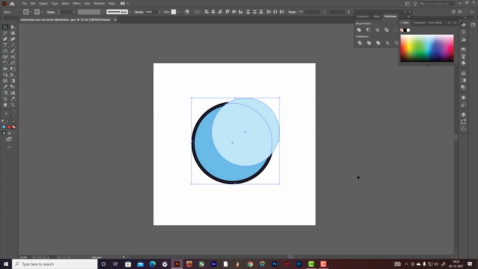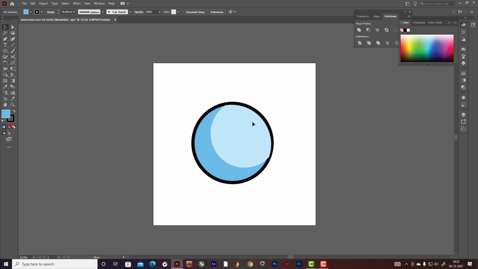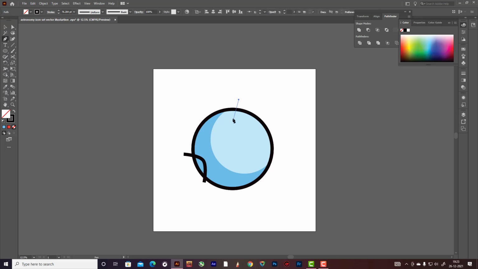So white. Okay, now click here with shape builder, click here, and now drag it. Okay, copy paste it, front, no fill. Now see, this is the part. Okay, now with the help of this stroke I'm creating a random stroke like this, and this front